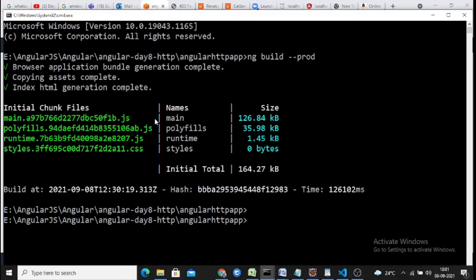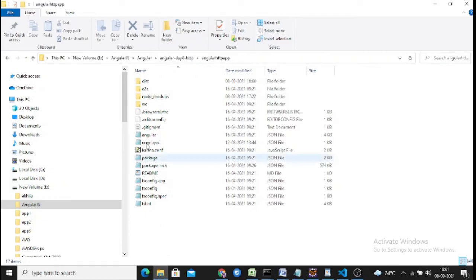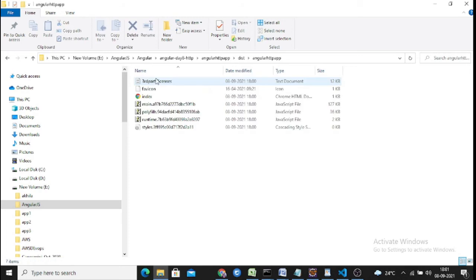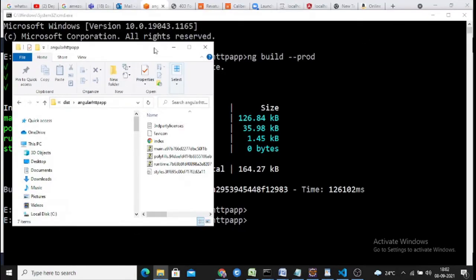There are certain files created in our Angular project folder. So this is our project, where a dist folder gets created in which we have all the production-ready, static files. With these files, we can deploy our Angular application in the cloud, and we are able to run it in an AWS S3 bucket. So now let us copy these files